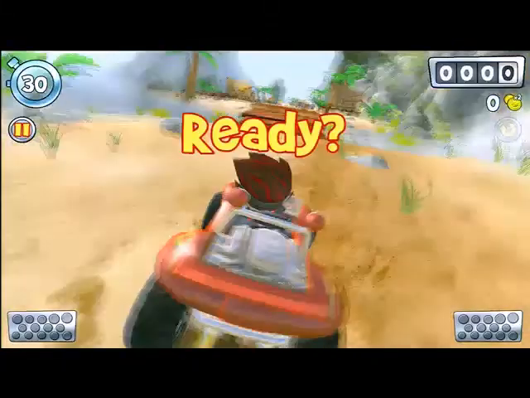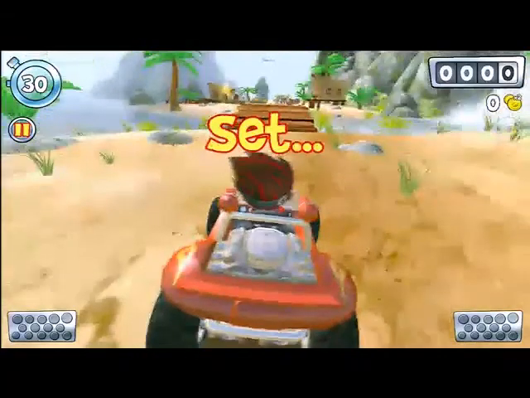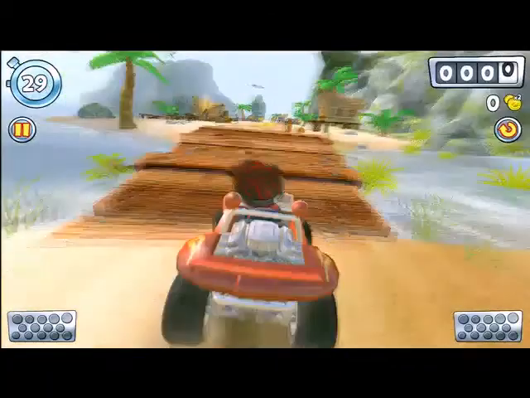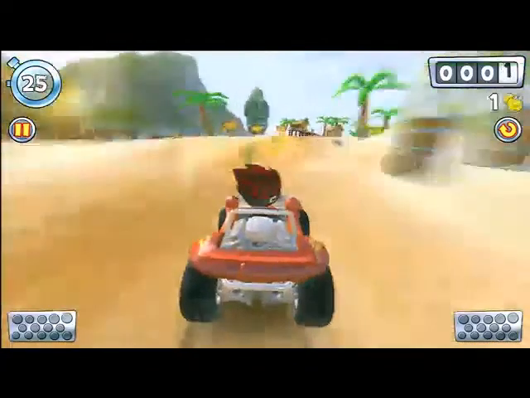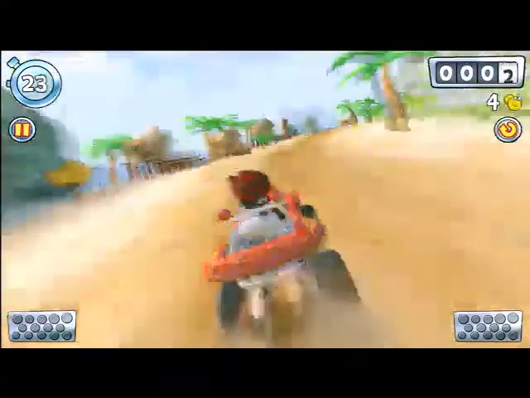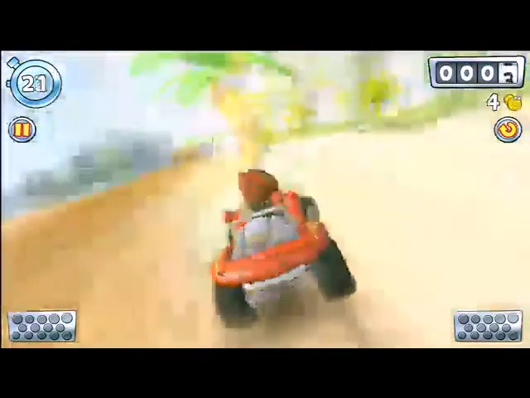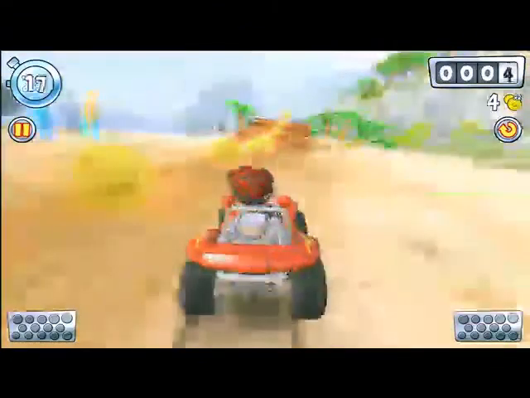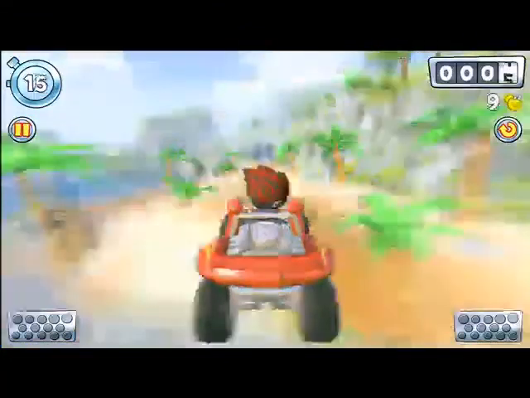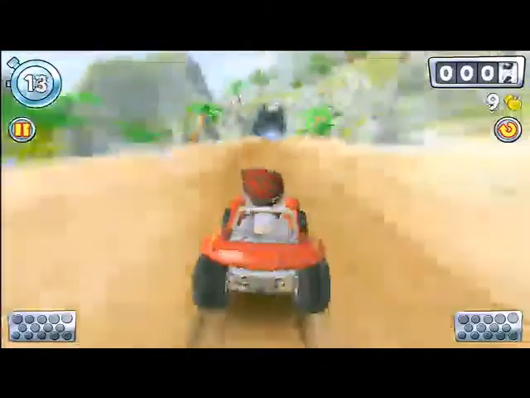So like I said, racing game, you can tilt using the accelerometer. And what you do is you collect coins. You can break fully destructible environments, so you can just destroy those palm trees. So I have 16 seconds, you can see up there, to get to the next checkpoint.